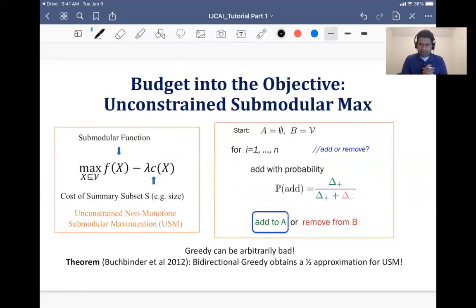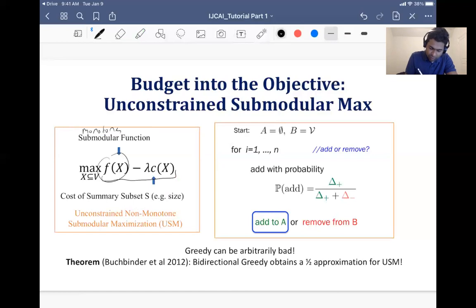All right, so there is one more slight variation in the formulation. We studied the cardinality constraint first, then budget constraints, then submodular set cover, then matroid constraints, right? And then we looked at non-monotone functions. There is one more variant where you can add the constraint as a part of the objective, something like a Lagrangian, which you're familiar with in continuous optimization, right? So we add this over here, and this becomes now,